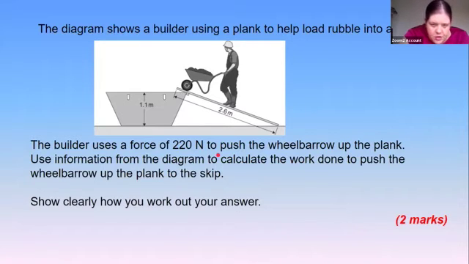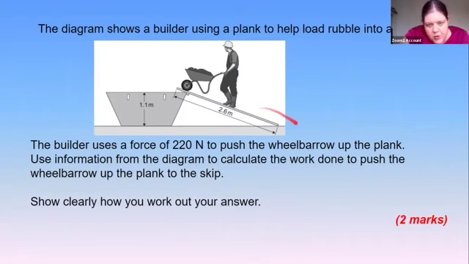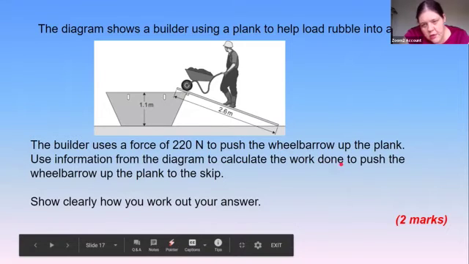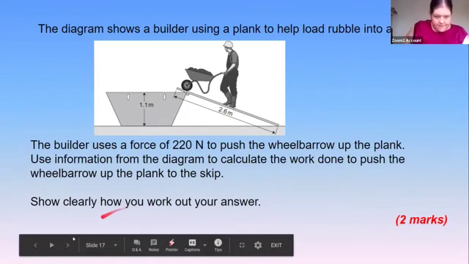And then because they probably want a unit, or I would put one in anyway, 220 times 2.6 equals, and then the answer and the unit. Work done is an energy, so the unit would be joules. Hopefully that works for you. I haven't actually calculated it myself, so I'm very quickly going to do that. Yes, I know I'm using my phone. I should have a calculator present, but I don't know where I put it. So 220 times 2.6, 572 joules for anyone who actually had a go at that.